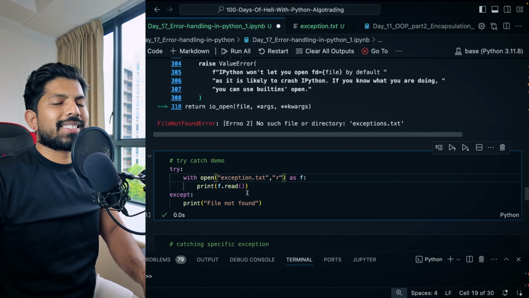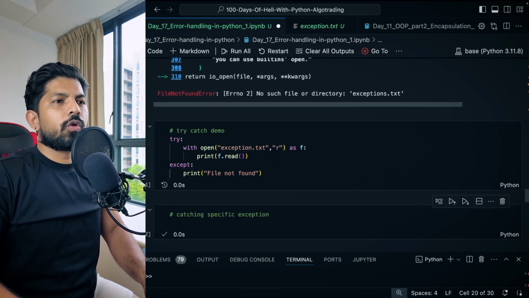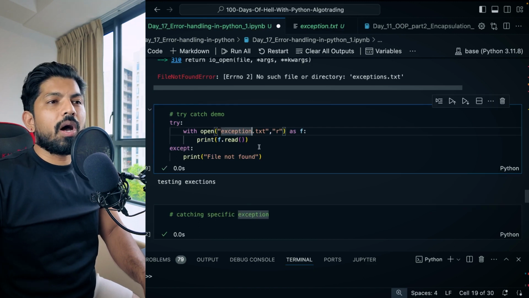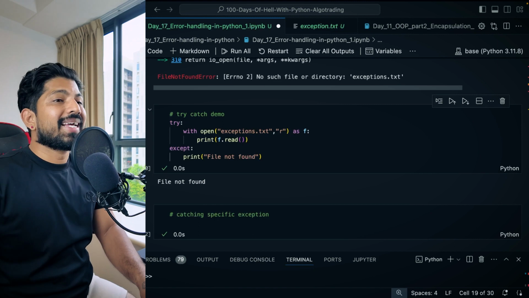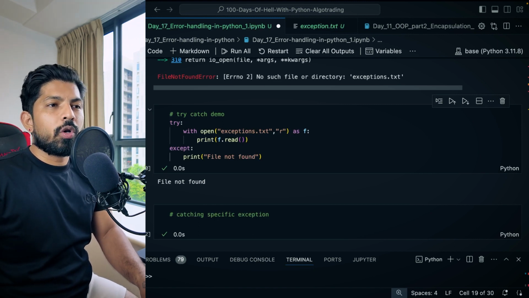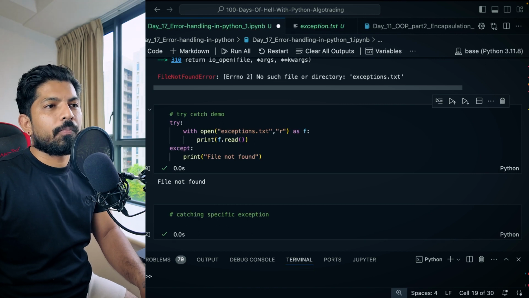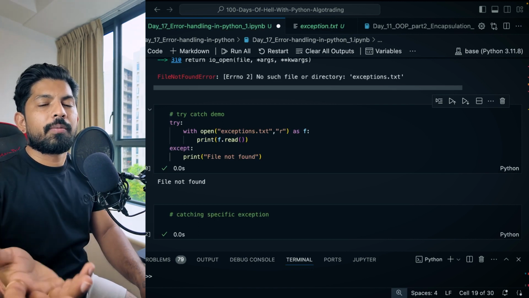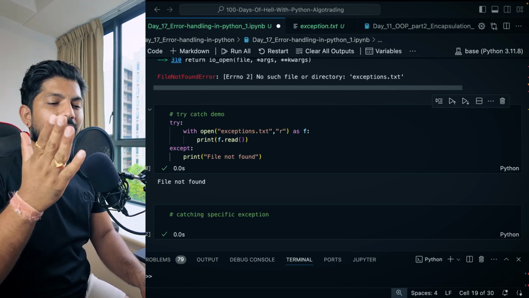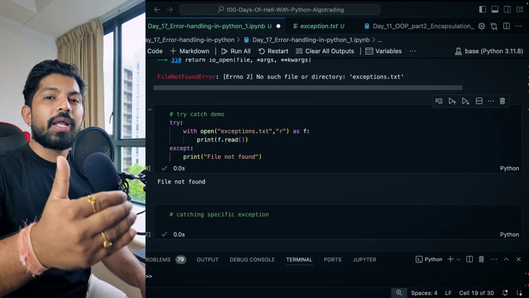Now let's first correct this. So we know that this exception.txt is existing here. So when we try to run this code, it will show us the content. But if somehow the file is not existing or if the file name is wrong, what happens here is this try block tried this code, and if there was any error, it was caught by this except block. So here we know that it is catching all kinds of errors. There is no specification of which type of error it should catch. So if you want to display a different kind of message when the type of error is different,